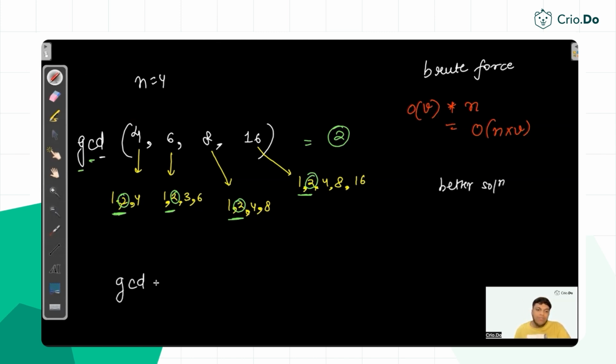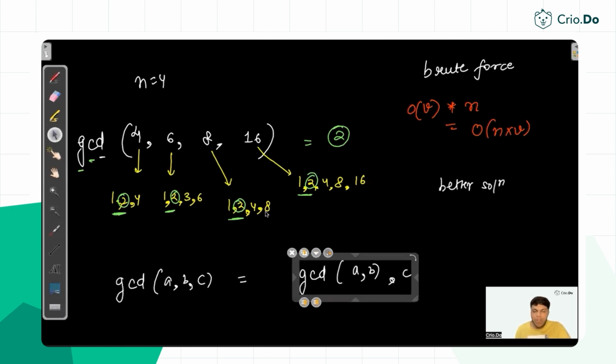Let's suppose we are going to find out the GCD of 3 numbers, A, B, C. The formula says that the GCD of 3 numbers can simply be equivalent to the GCD of the first 2 numbers. Whatever the GCD will be, obviously it will be a single integer. Let's say it is D. So D, if it is taken the GCD with the third number, which is C, the final output will be